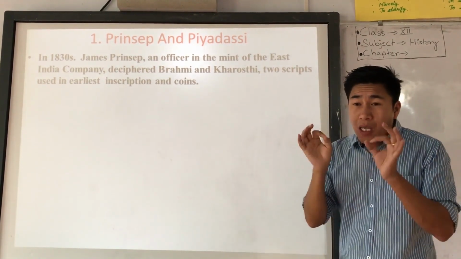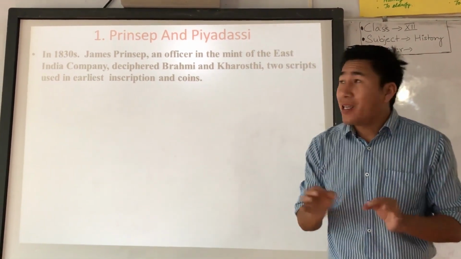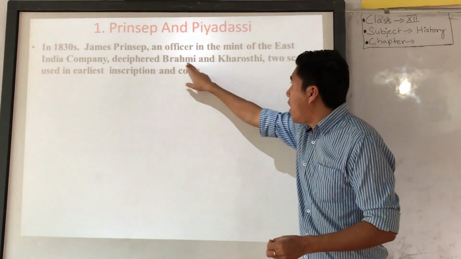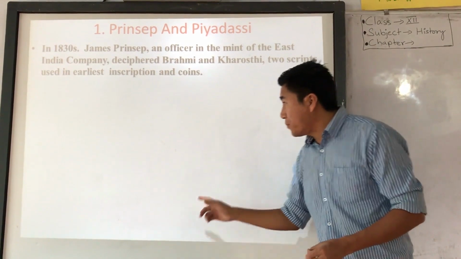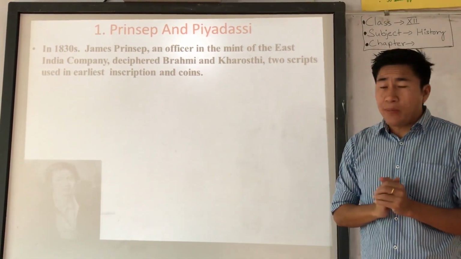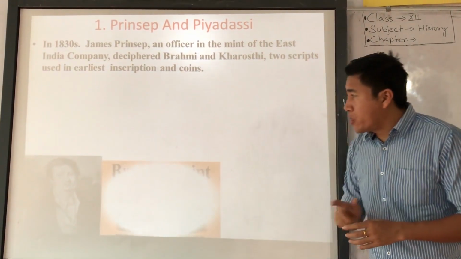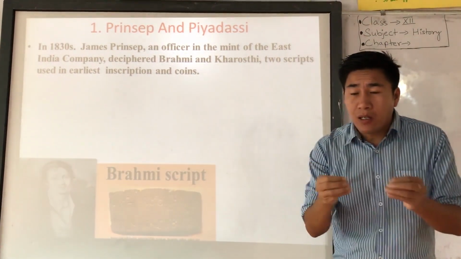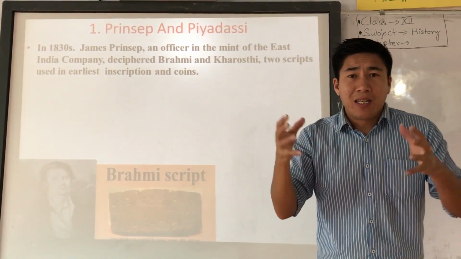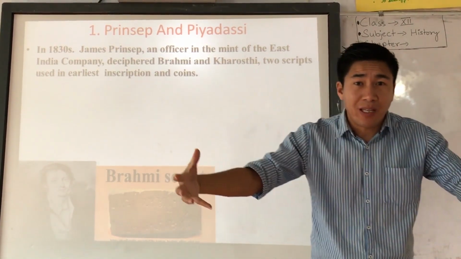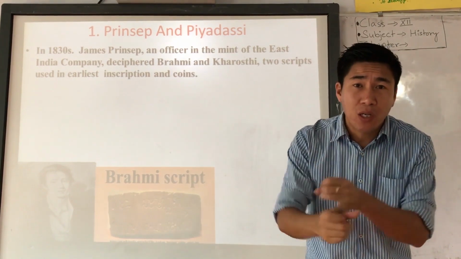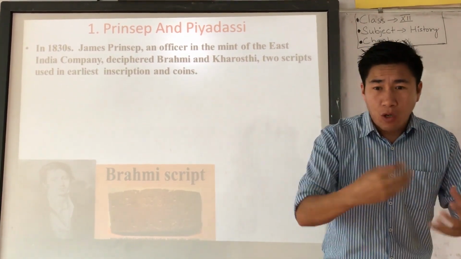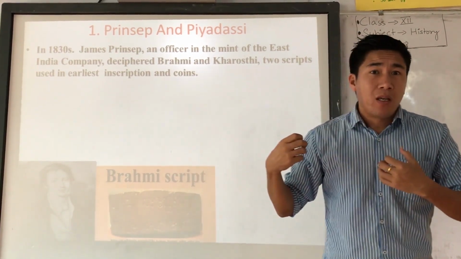and coins. Now, his most important work is that he was able to read two ancient scripts, Bahami and Kharosthi. Now see, that is an image of James Princeship, and here the Bahami script. Now, Bahami script and Kharosthi script, you need to understand this. Script and language are two different things. Understood? We have Hindi language, English language, Tibetan language, right? Different kinds of languages were there. But we also have different kinds of scripts.